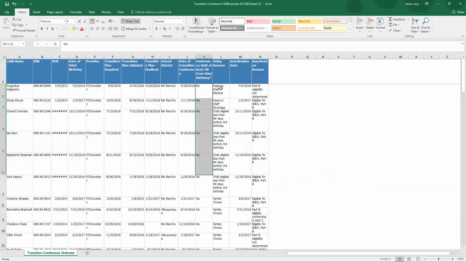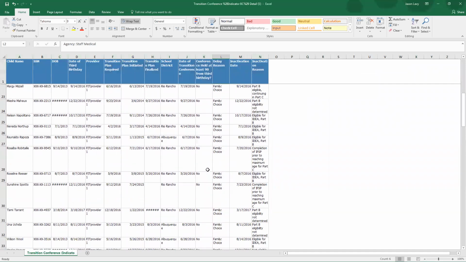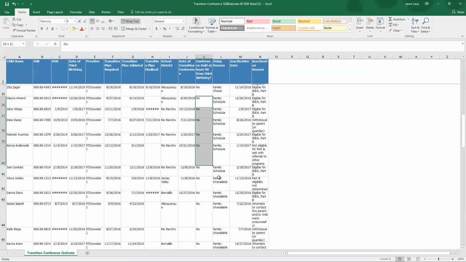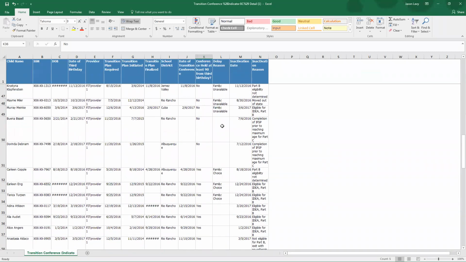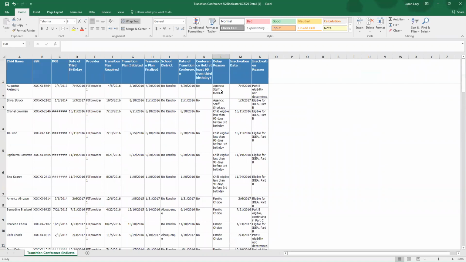So on these no's, we have to verify that the delay reason is filled in. And I don't think I changed this. So as we go through, you see that everyone's filled in. We do have a blank here, so we have to verify what the reason is for those children's delay on the conference. And then again, agencies, I would double check to make sure that that's correct and in the chart. Of course, you should be verifying that all of them are in the chart, but as far as compliance is concerned, these become doubly important to check, just to make sure that you are not getting credit for a